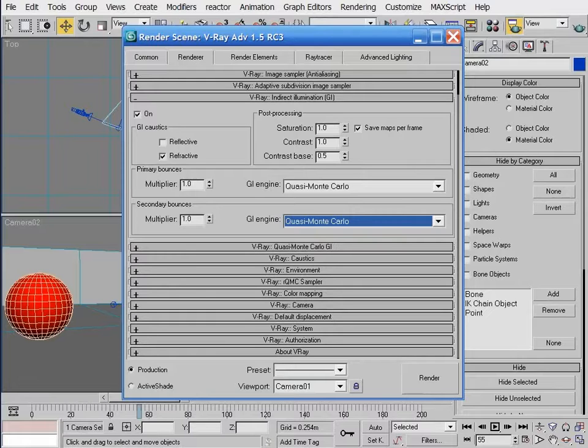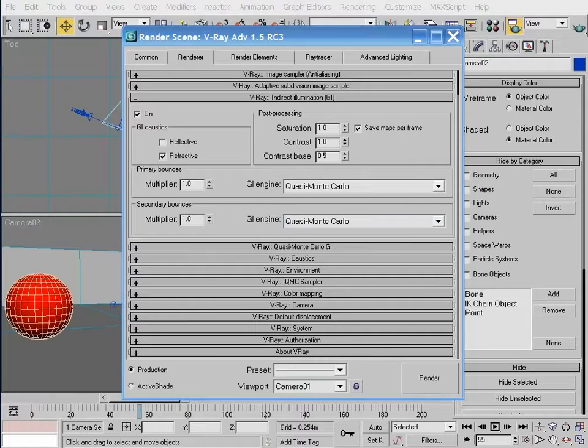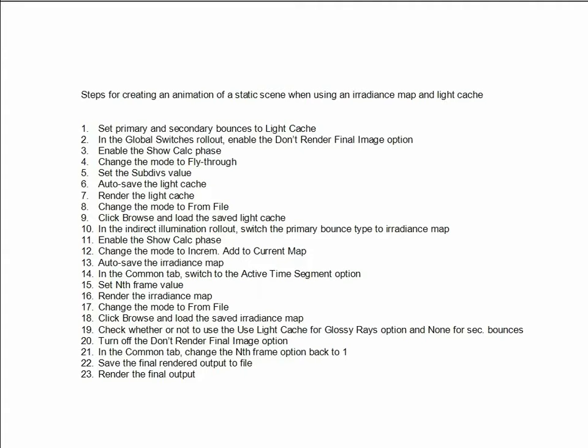Okay, well, up to this point, we've primarily focused on the basic principles of how to use the Radiance map and Lightcache for animations, but we really haven't looked at the actual steps needed to create an animation. And as I mentioned, you really need to use a checklist because, as far as I'm concerned, just like pilots that get ready to take off in an airplane, no matter how many times you create these animations, it's only a matter of time before you miss a step and it ends up costing a significant amount of time and money. So let's look at exactly what the steps are when using the Radiance map and Lightcache. And at the end of the module, the last thing we'll look at is this checklist, which is also available with the support files, and it's entitled